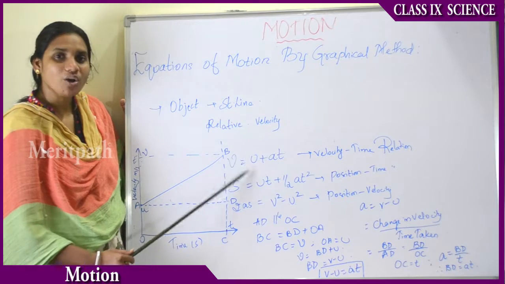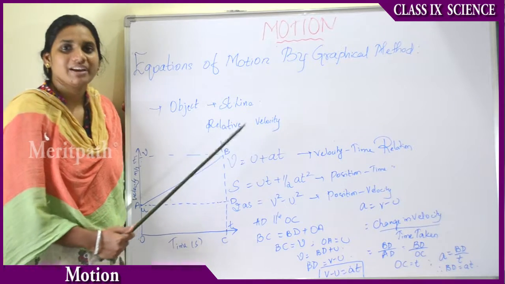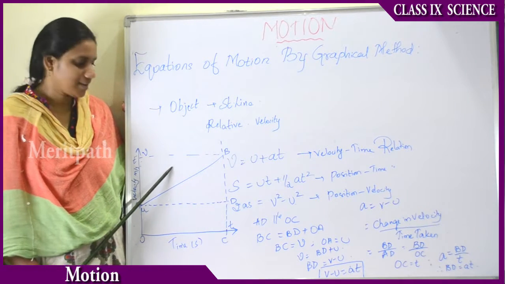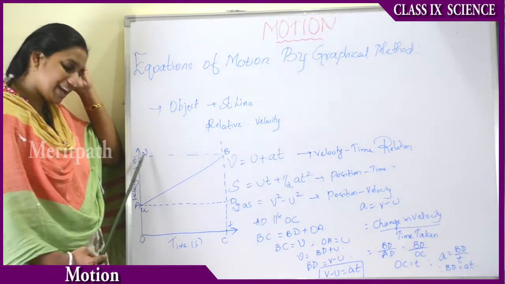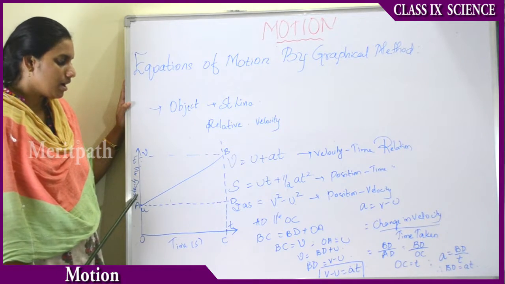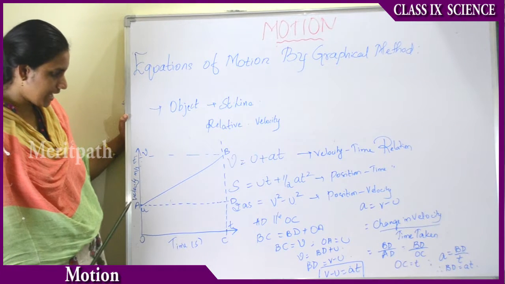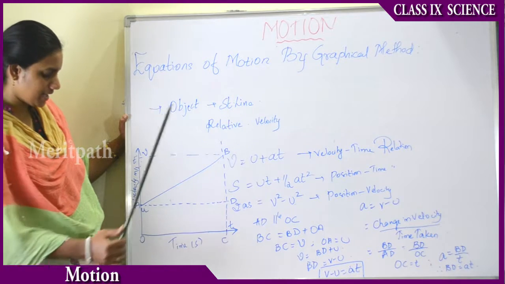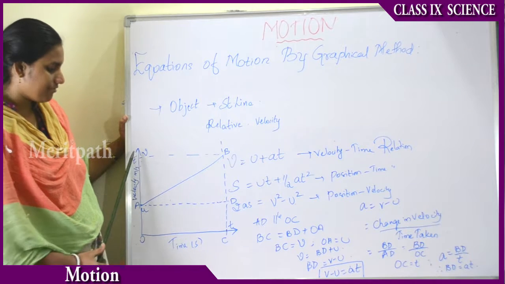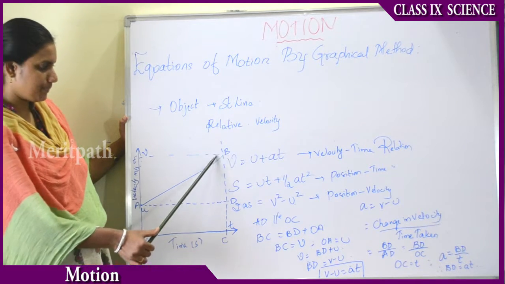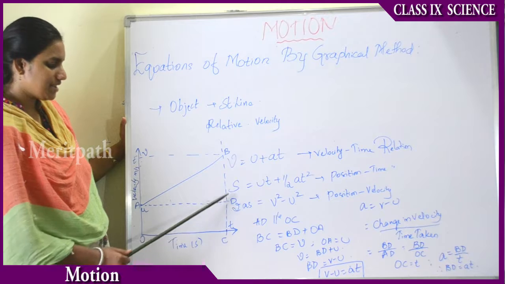And let us see how these three relations between velocity, position and time are derived with the help of a graph, that is, using graphical representation. Let us see first. I have taken a graph of the motion of a car traveling from A to B. Then we will be taking the time on the x-axis and the velocity on the y-axis, and the final velocity as V at the final point B, and the initial velocity at A, that is u, and the time taken is t.